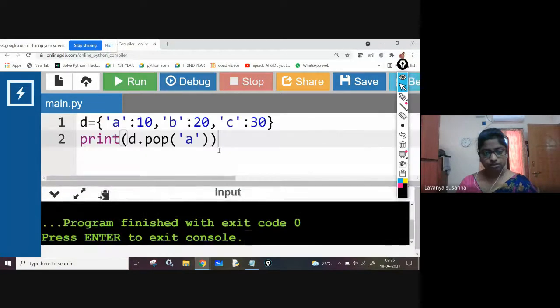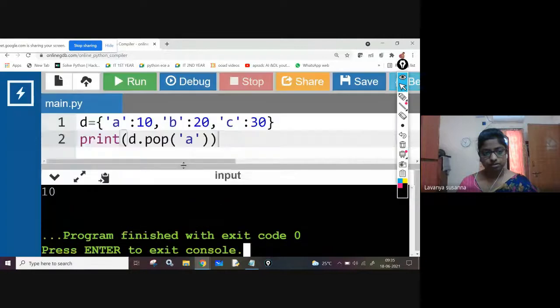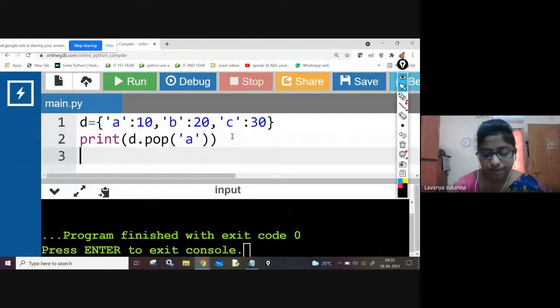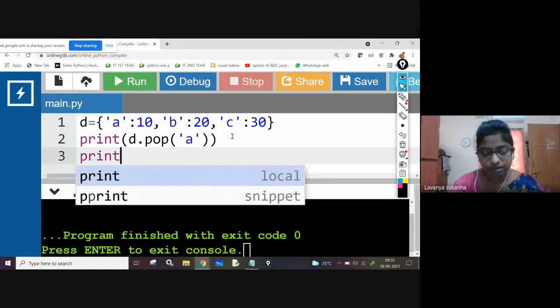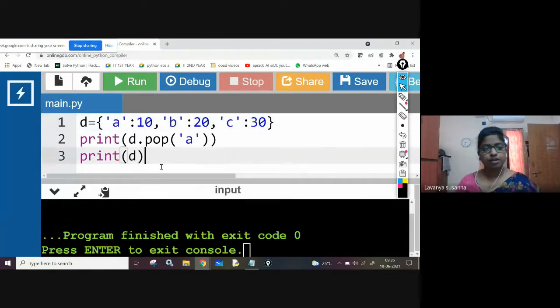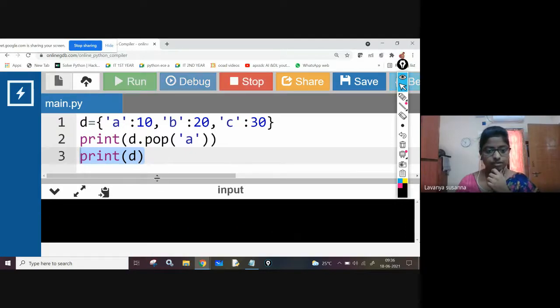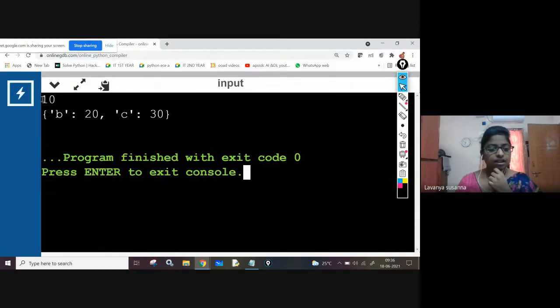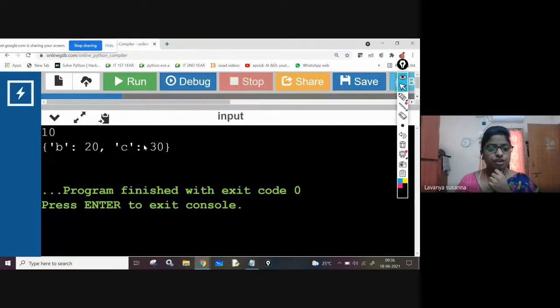Okay, I'll print D. What I'm doing is D dot pop of A, which means this key will be deleted and this key's value also will be deleted. Next, I am printing D. See, I will execute. Now see what this pop function is returning.